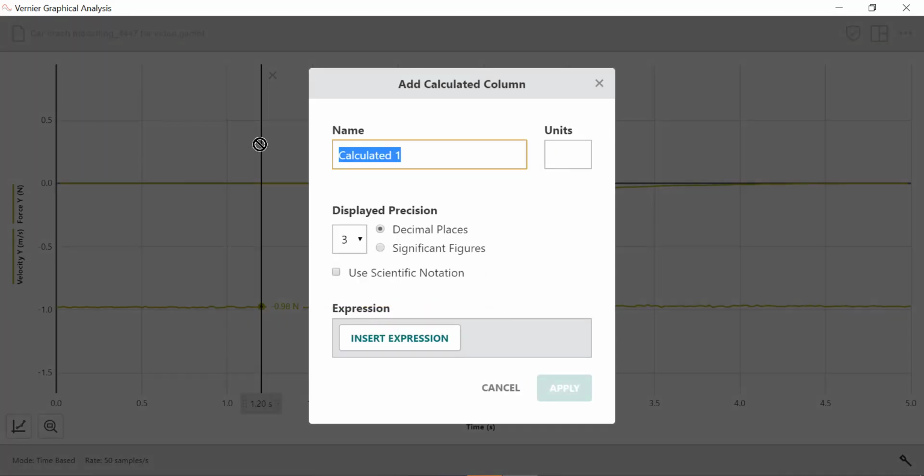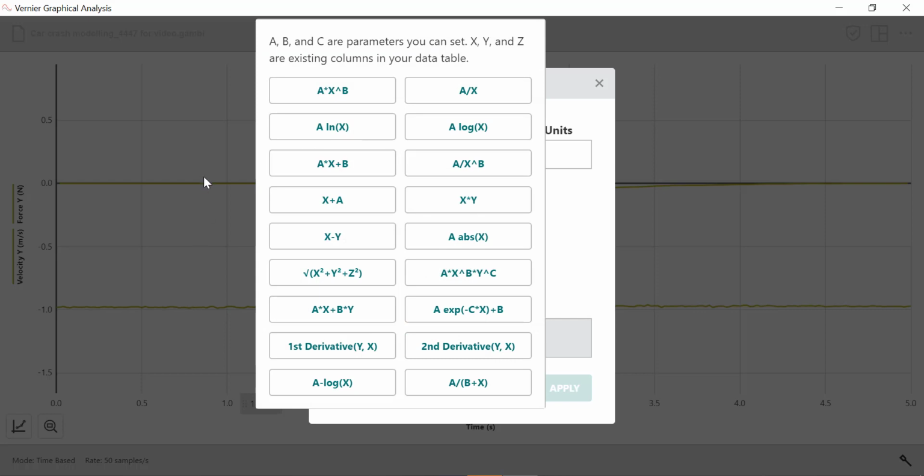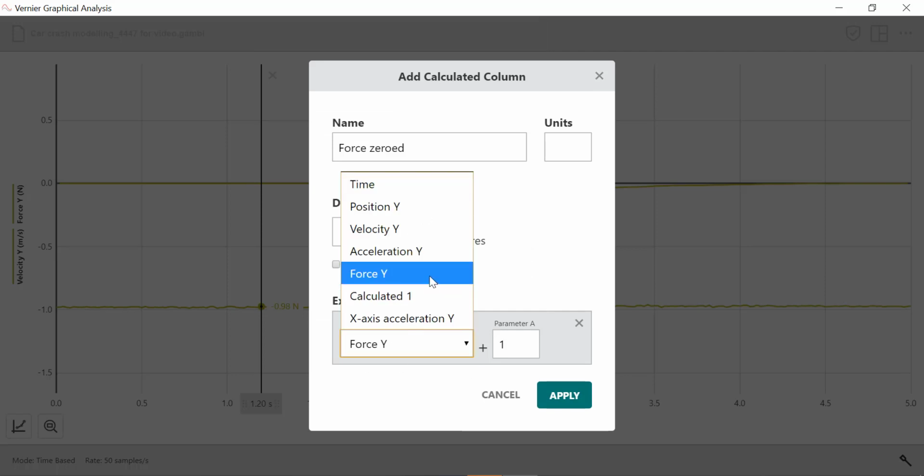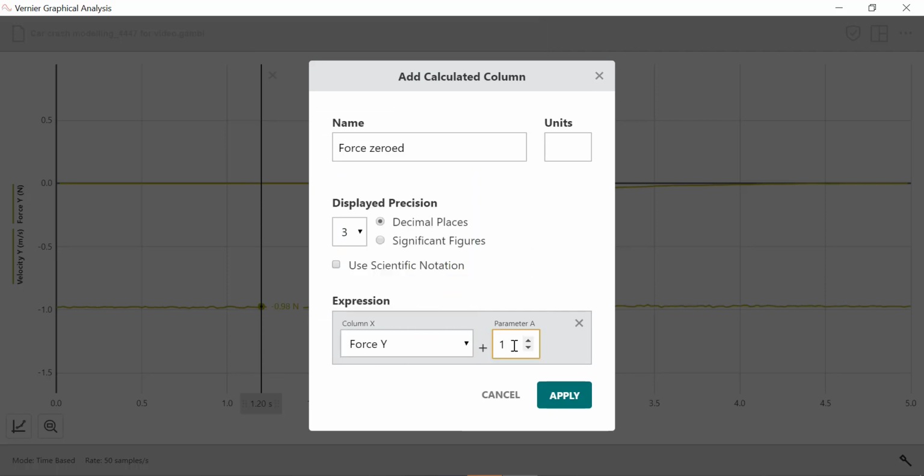And so I can call this force zeroed, and I can click on insert expression. And really what I'm trying to do is I'm going to add 1 to that number. And so X is the column that I'm interested in, which is the force, and then I can just add 1 to it. If I click apply,